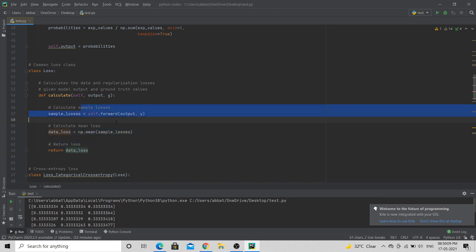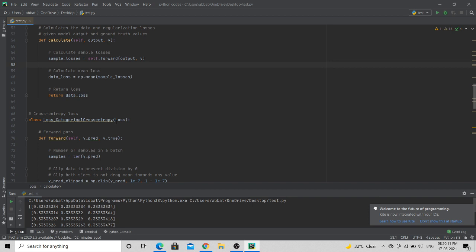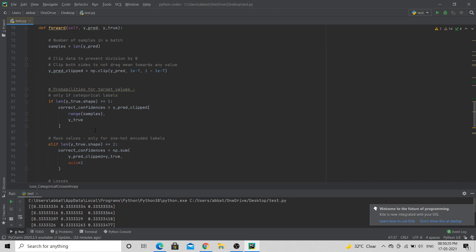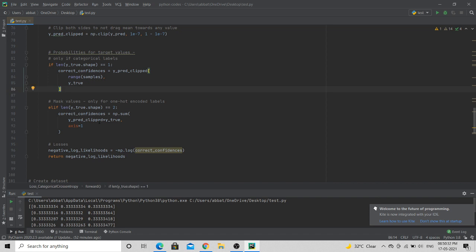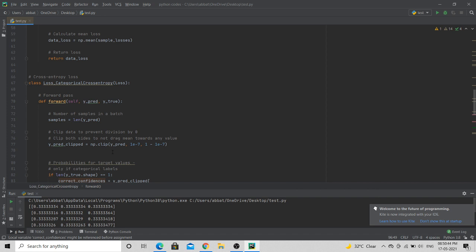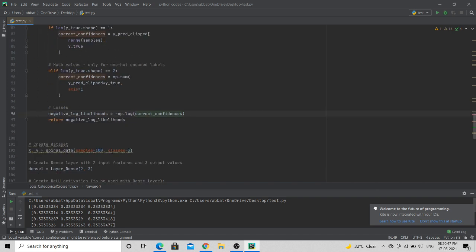The way it is calculated, as you can see here, is categorical cross entropy. What this means is that you take the confidence score assigned to the correct class to which our data actually belongs, and you take the negative log of that and sum over all of that. So that's the loss, categorical cross entropy. And here I have created a simple spiral data set which has 100 samples